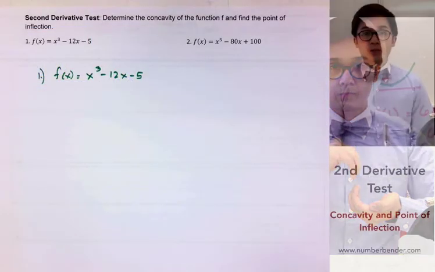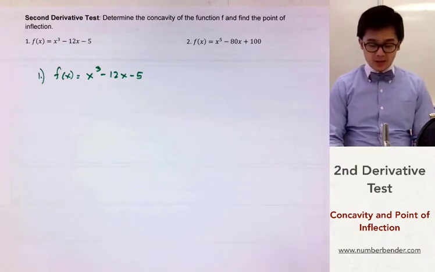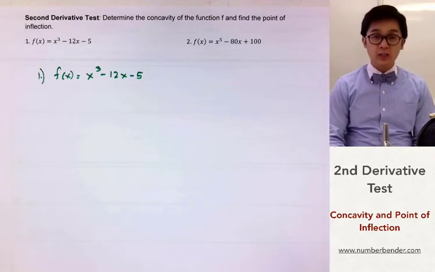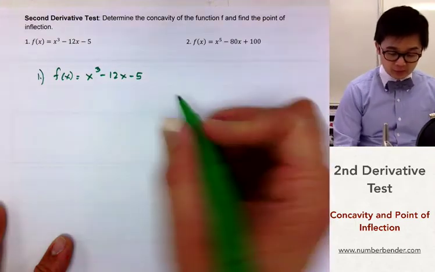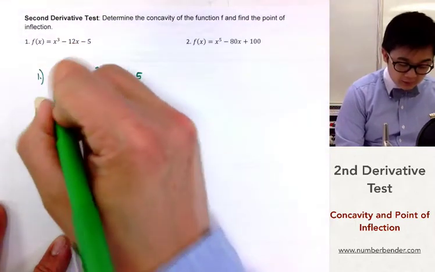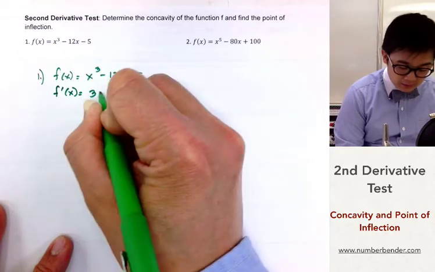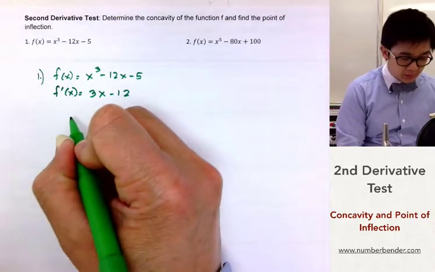Today we're going to be working on the second derivative test so we can determine the concavity of the function f and also to see if there's a point of inflection in our graph. So f of x is equal to x cubed minus 12x minus 5. We will need our second derivative, so f prime of x is 3x squared minus 12, and the second derivative would